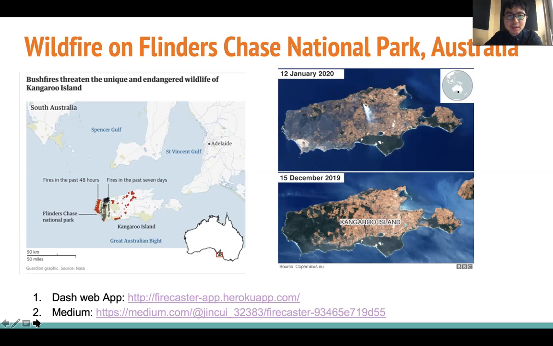One of the big challenges facing the animal rescue team is that the wildfires usually spread very fast, and there's little time for the animal rescue team to make preparations and to plan evacuations. So the goal of my project is to build an early warning system to forecast wildfire damage 5 days ahead of time so that the animal rescue team can take preemptive measures to save animals.